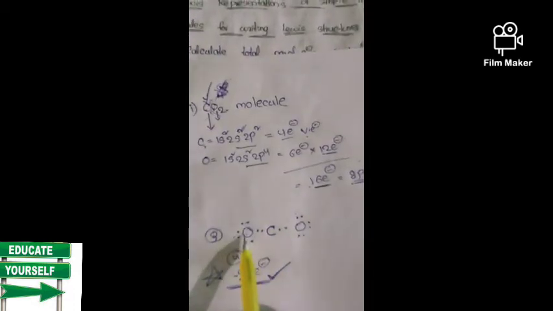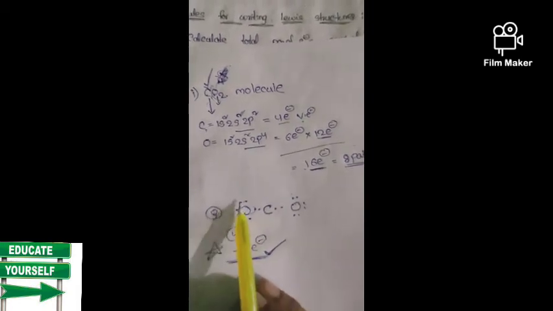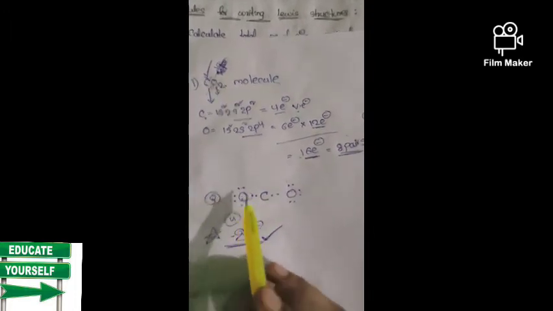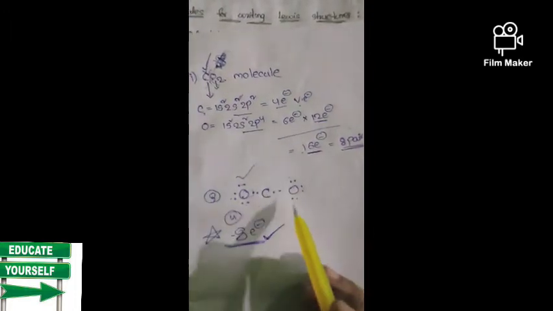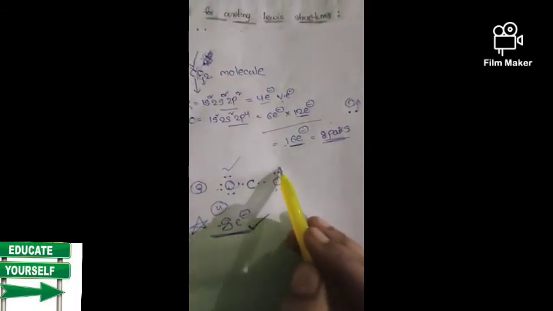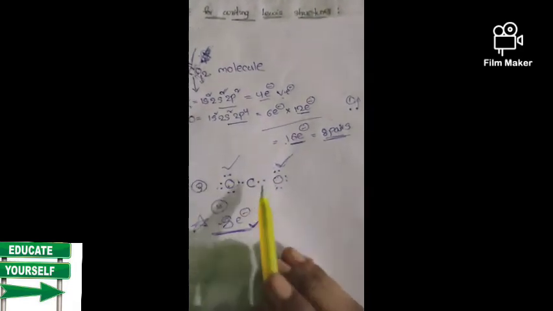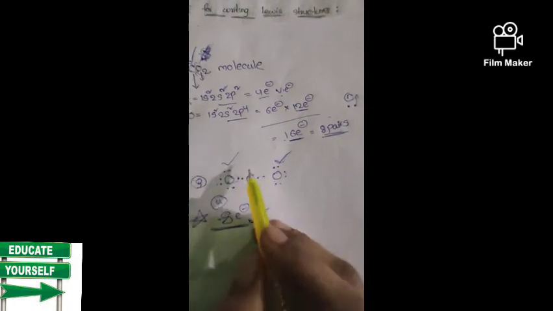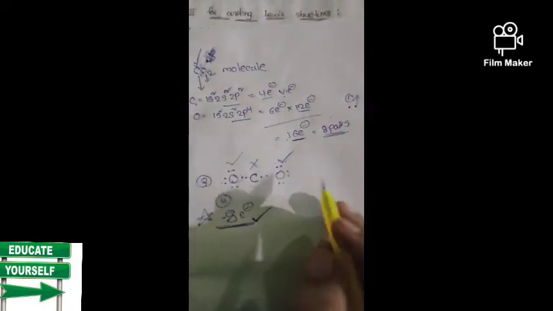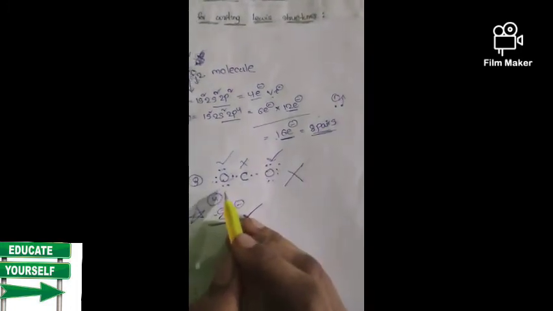Now let us see here. For this oxygen, how many electrons did we get? 1, 2, 3, 4, 5, 6, 7, 8. Yes, this oxygen atom got 8 electrons, so it is fully filled. And this oxygen also, 1 to 8, is fully filled. Now let us go to carbon. 1, 2, 3, 4. Carbon got only 4 electrons. Here there are no 8 electrons, so it is not fully filled. This structure is wrong. From this structure, let us see another one.